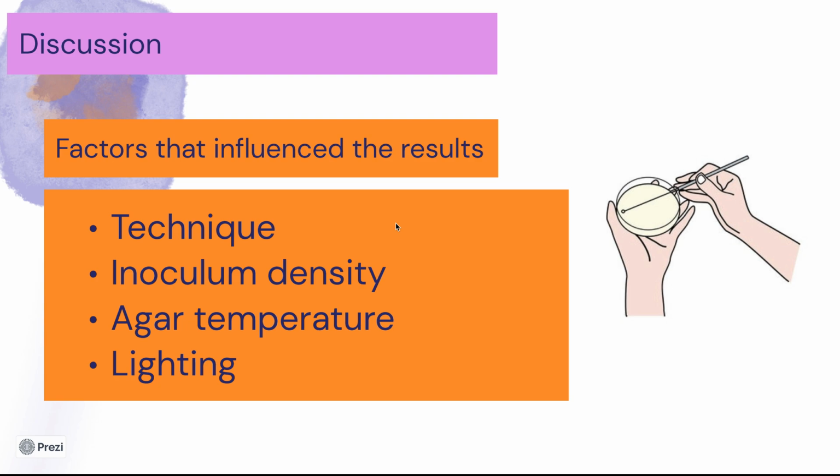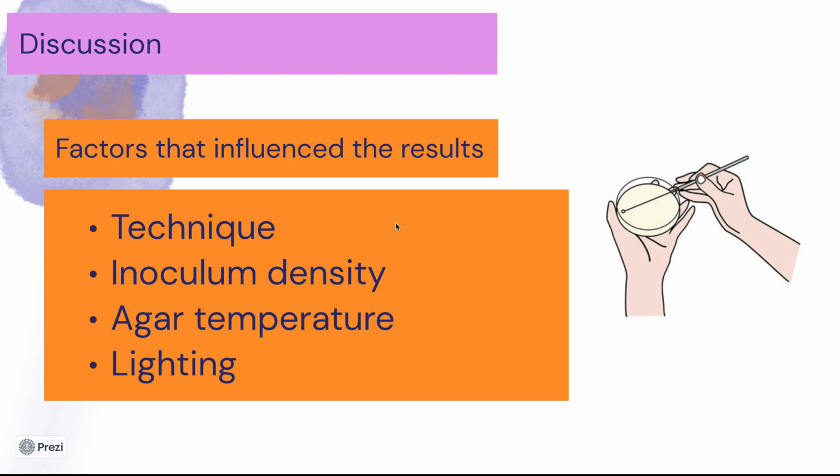With isolation techniques, this could mean the streaking technique might not have been consistent in each quadrant, or that there was an insufficient amount of bacteria spread into each quadrant. As far as inoculum density goes, that could mean that when you're placing this inoculum on the agar, you could have put too much or too little. If you put too much, it might result in too much growth and no isolation. But if you put too little, there might not be very many colonies for you to work up with the